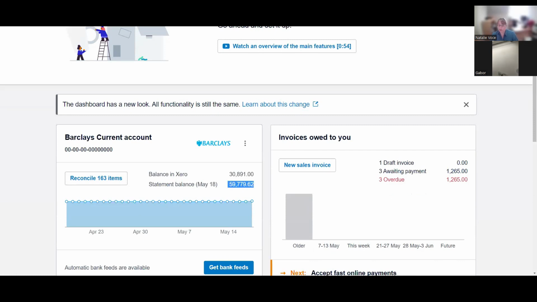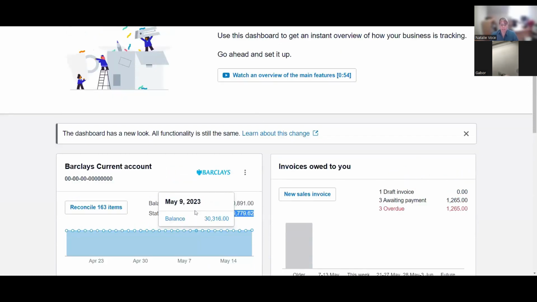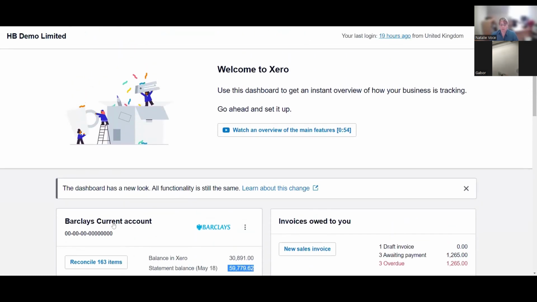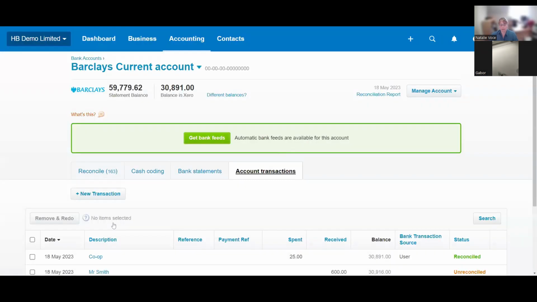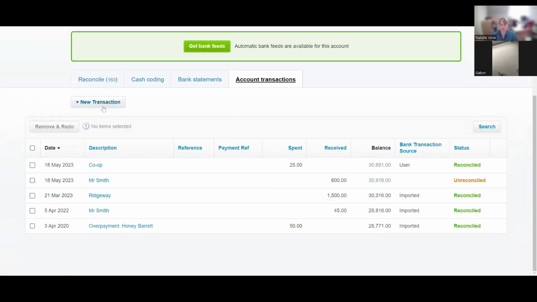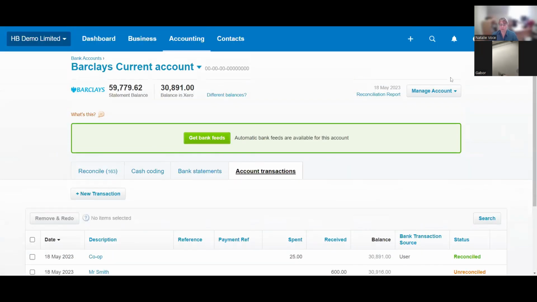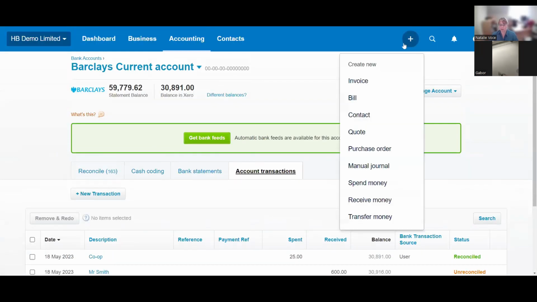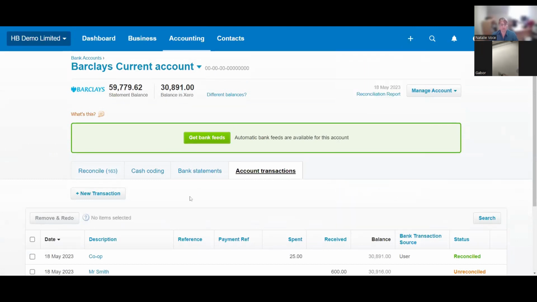Right, the third option is for sorting out any missing lines on transactions. The easiest way I find is clicking on the bank name, being in the account transactions, and then clicking on the new transaction button. You can get to that from anywhere. There's usually a plus sign up here, which means you can then add or spend money. These ones will go to the bank, but I prefer this way. So if you click on new transaction,